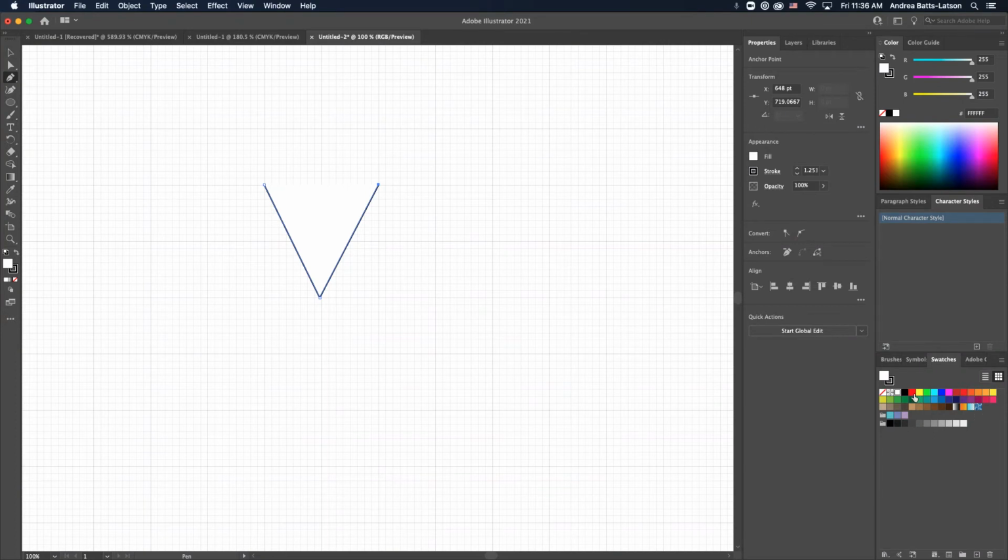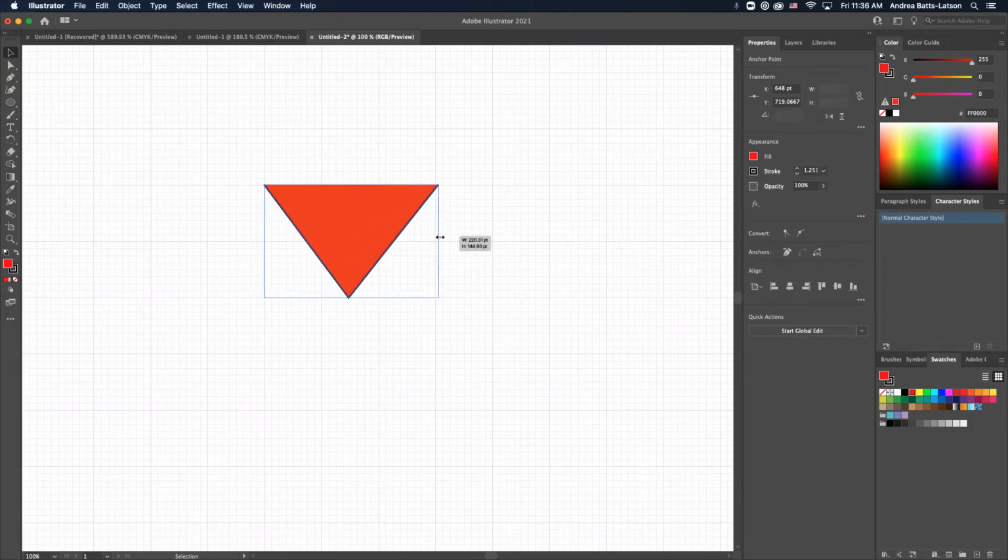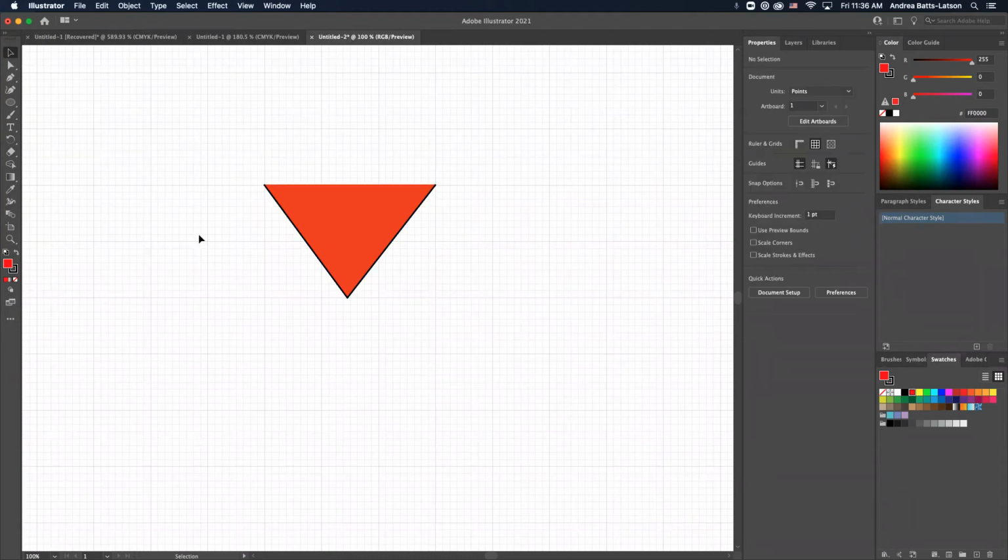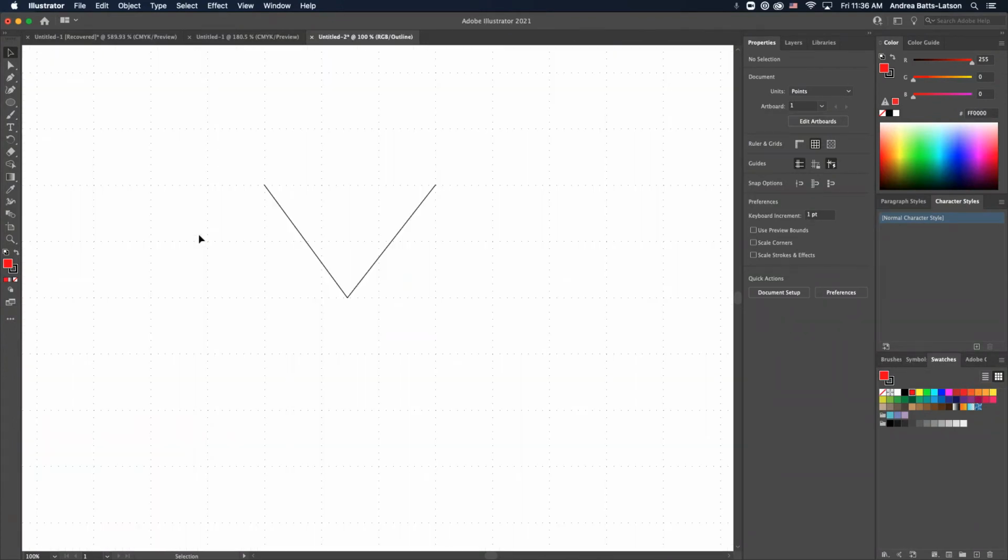This one isn't necessary. I'm just doing it because that's what I do. All right, so I'm gonna change the color. I can decide if I want this to be wider, so I might bring this over here, more so. Or I can decide if I want it to be narrower, or taller. But the point is, if we hit Command Y, so you can see outline mode,